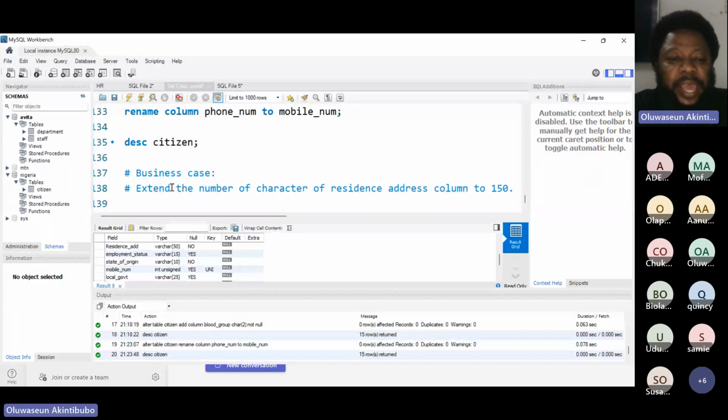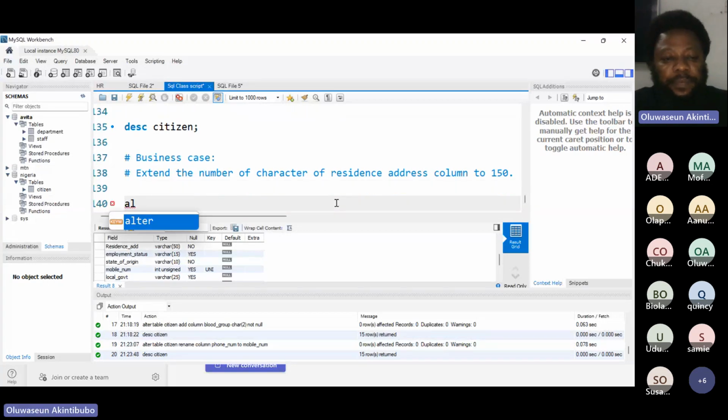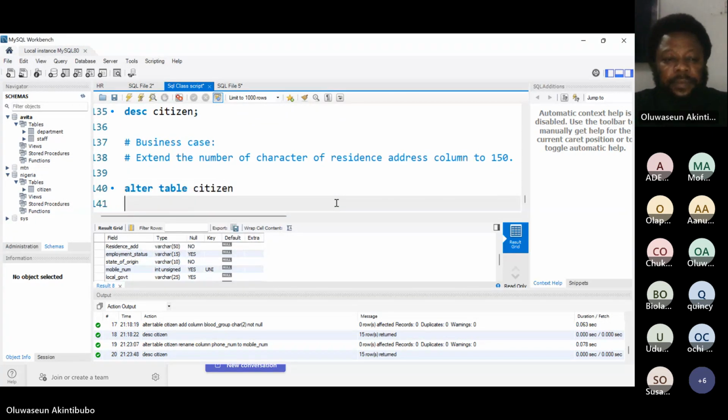All right. So here we want to extend the number of characters of residence address to 150. So what do we say? Alter table citizen. Right. Modify. That's the word. Modify residence